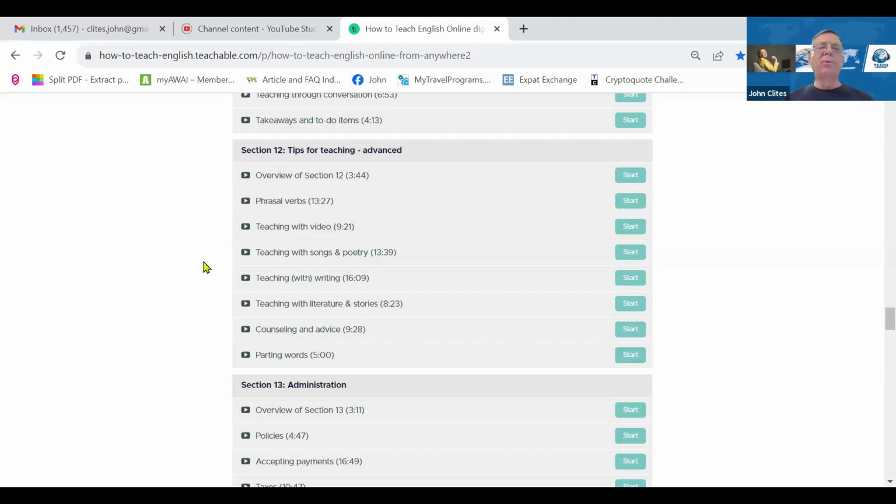Teaching with songs and poetry. My students love this. So periodically, every couple of months, I guess, we'll have a music class. And I like to do them sparingly as a treat or reward. So let's say that we have had a couple of tougher classes tackling a harder subject like modal verbs, can, could, would, may, should, those things. That's a tough topic. So I say, okay, hey, Fernanda, you've really stuck with it, and we got through the modal verbs lessons. How about we do a song class next week?